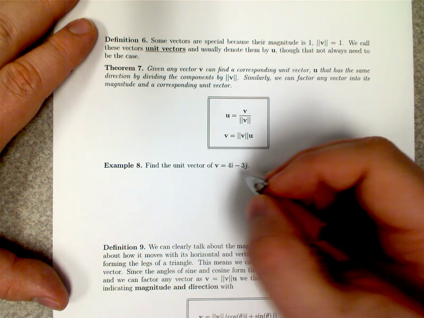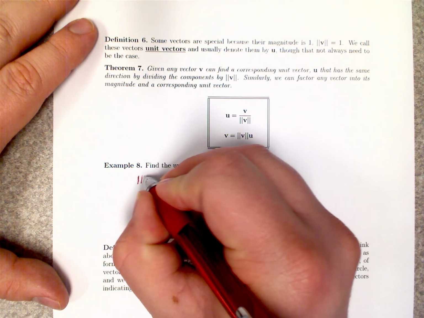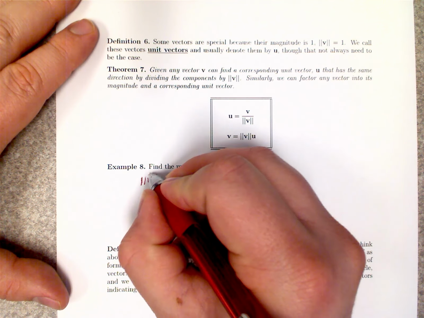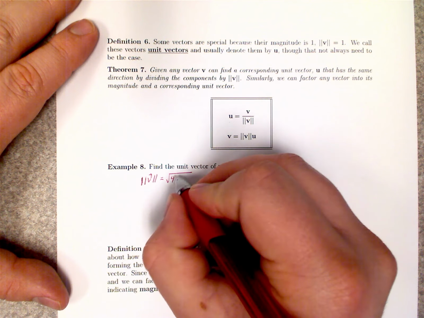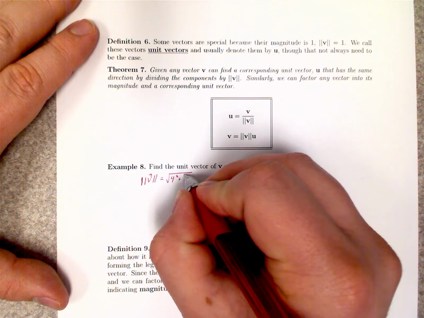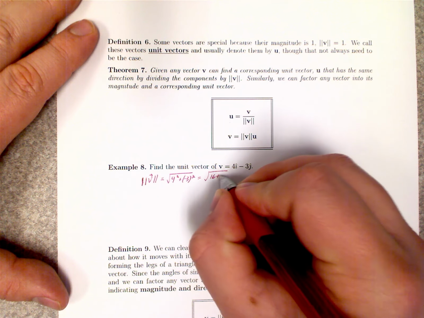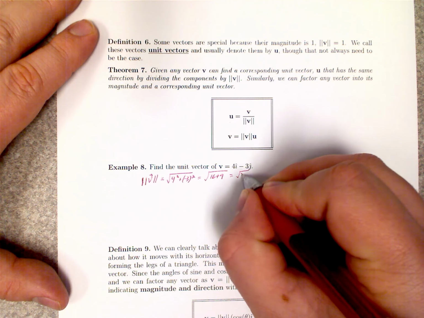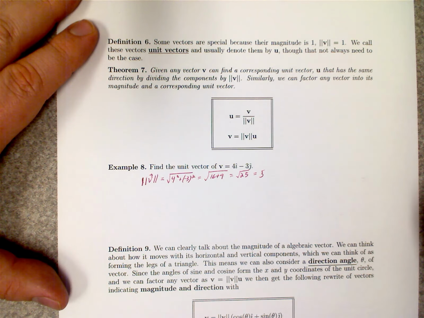So what do we have to do? Well, we need to find the magnitude. That's the first thing. The magnitude of our vector v is the square root of 4 squared plus negative 3 squared, which is 16 plus 9, which is 25, which is equal to 5. All right? Then our unit vector will be 1/5